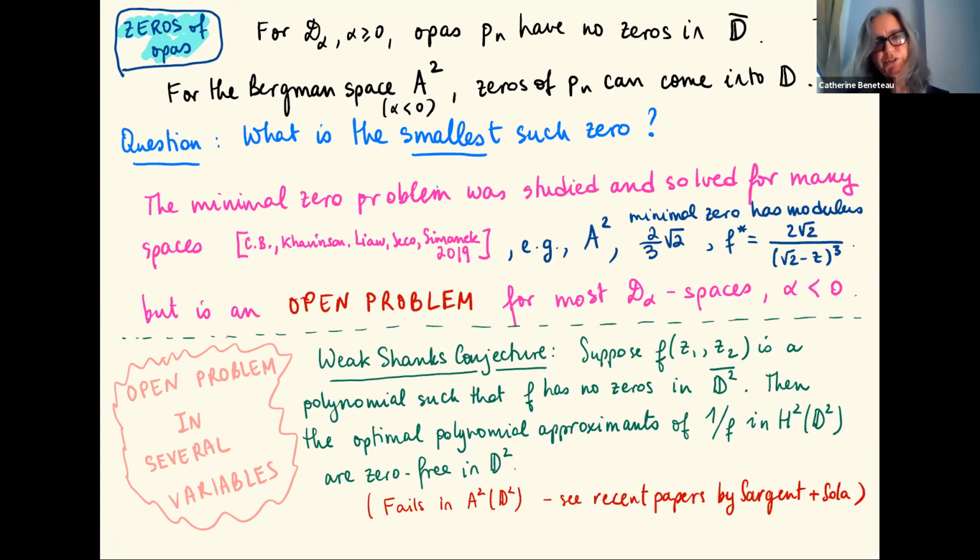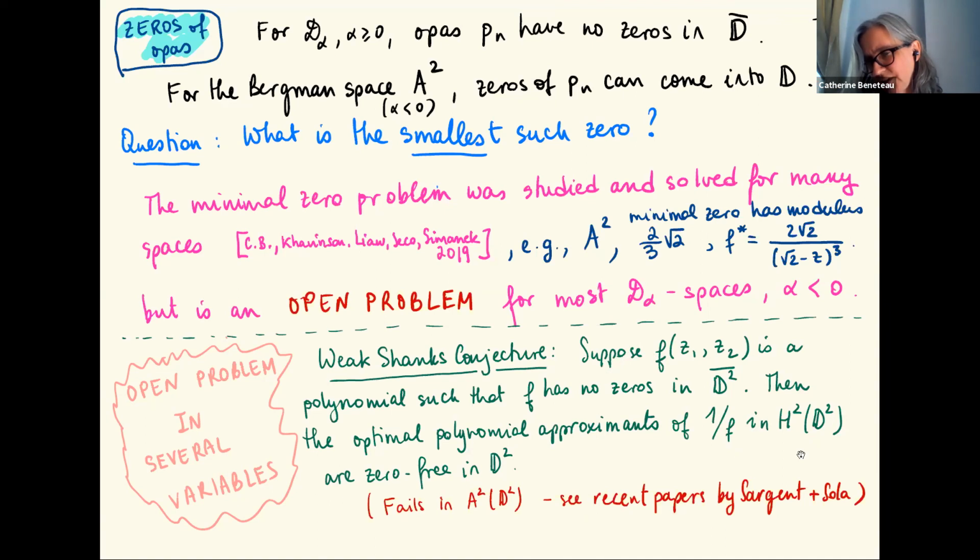In several variables, there are quite a few papers that were written in the engineering literature after Robinson published his work. I'm not going to talk very much about them, but one of the questions that I think is interesting is formulated in a paper by Meredith Sargent and Alan Sola as the weak-Shanks conjecture. And the sort of weakest form of the Shanks conjecture, which is for the Hardy space of the